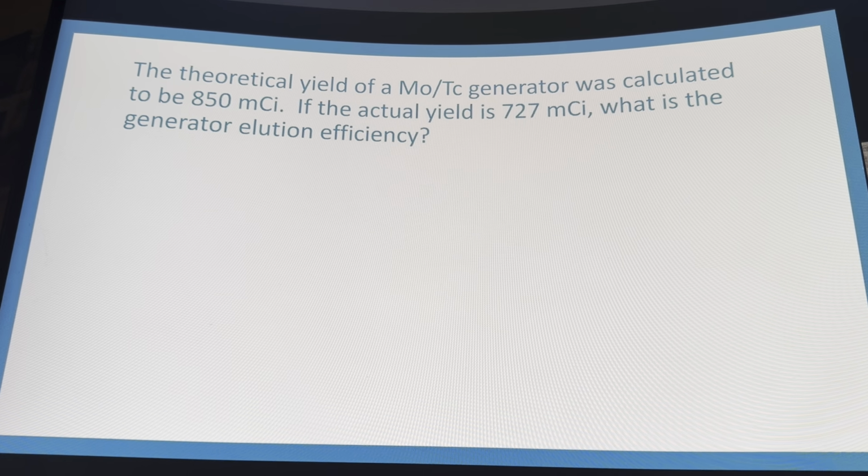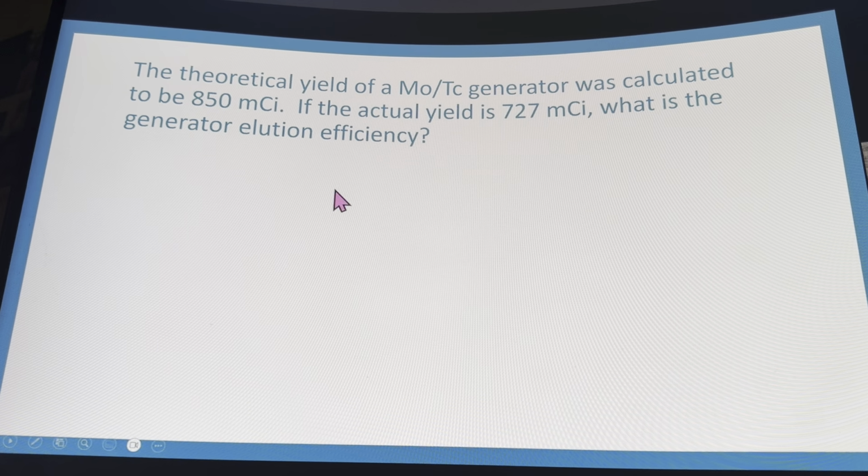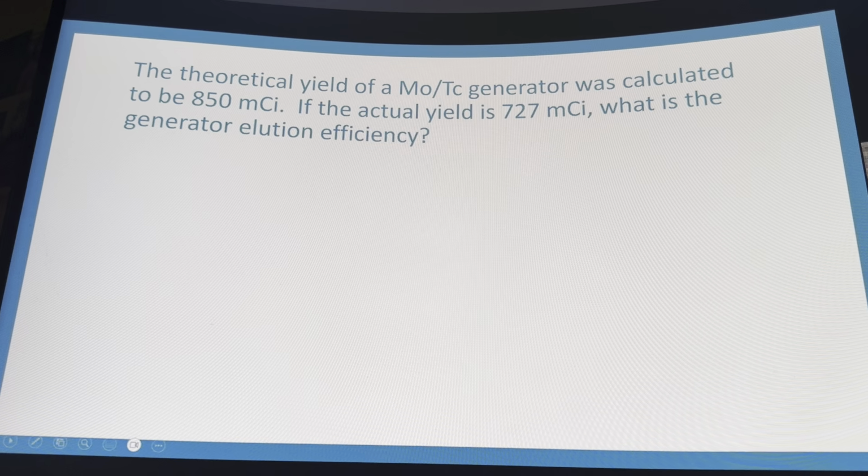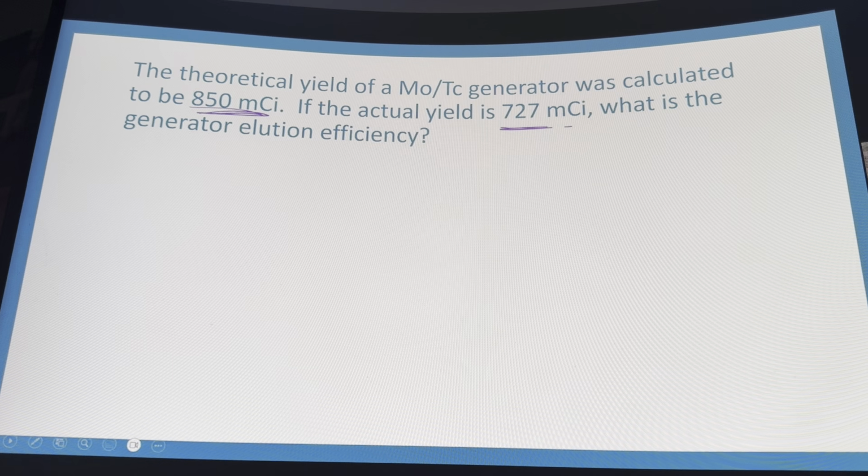Actual yield. All right. Now, if the theoretical yield is 850 millicuries, and your actual yield is 727, what's the efficiency? Well, we're going to take what we actually got, 727, divided by how much we think is in there, times that by 100,